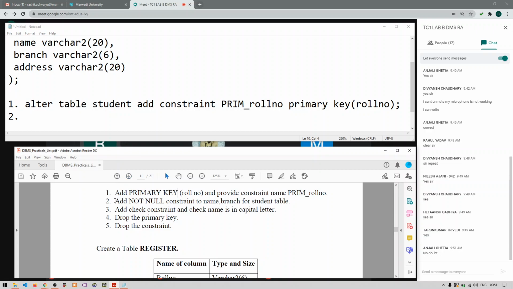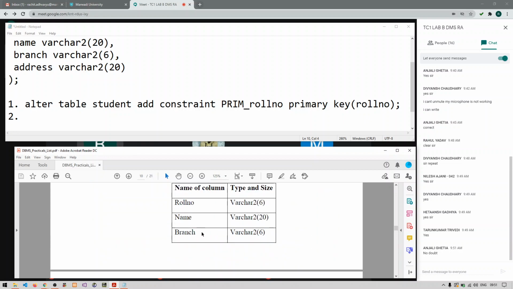Now, the next one is saying: add not null constraint to name and branch column of the student table. So in this particular table, we want to add a not null constraint to this name and branch column. Can anyone tell me how to add it?